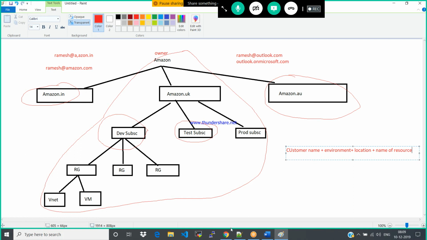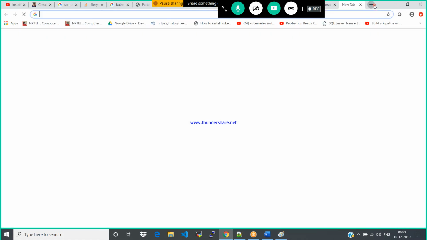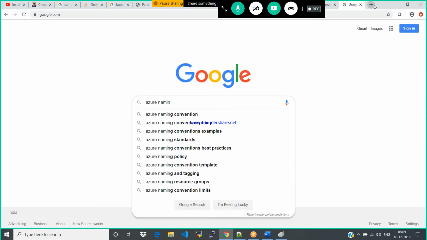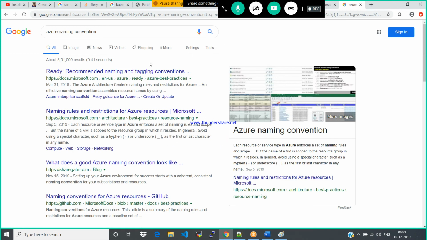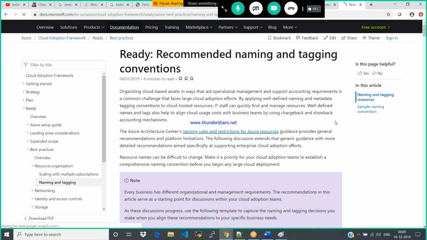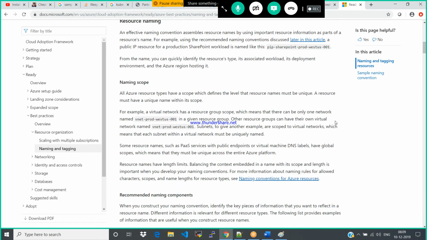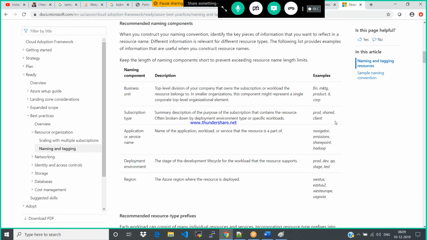So, if you have any doubts, Microsoft has some naming conventions. Business unit, subscription type, application service, deployment type, environment. You can also write it like this. What is the business unit?